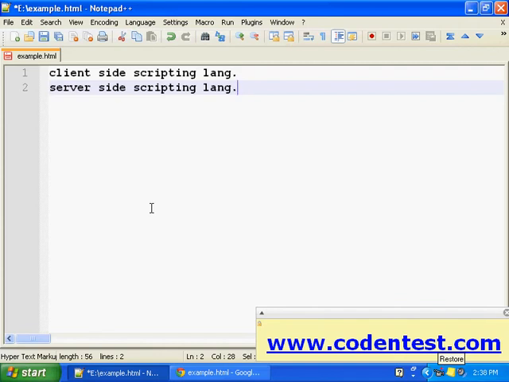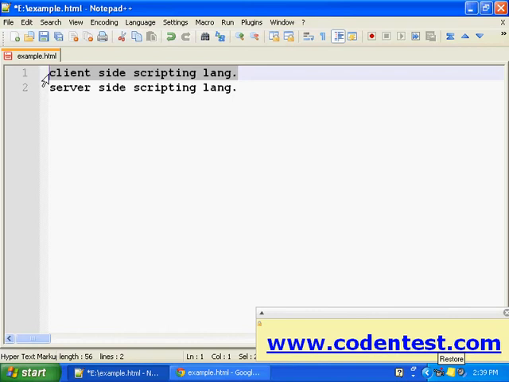Now what is the difference? Client-side scripting language runs at the user's end, that is the browser. The browser executes the scripts.